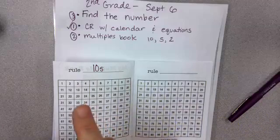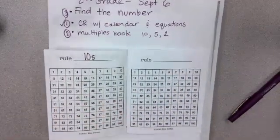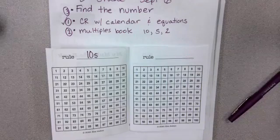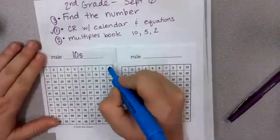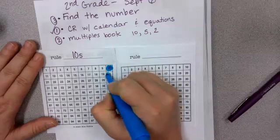Students will use crayon, and they want to use blue for tens. It matches the color on their pattern sticks and also on our number line, the blue dots. And so what they're going to go through and do is they're going to say, okay, when I count by tens, I start with 10, 20,